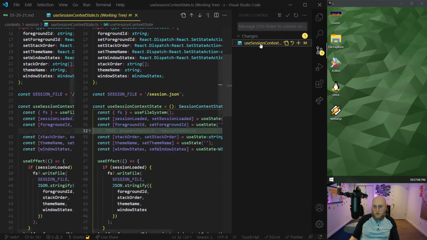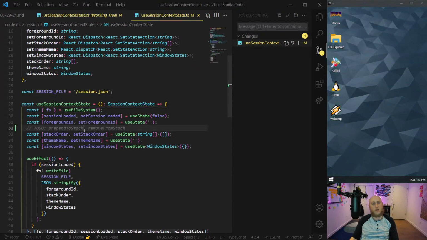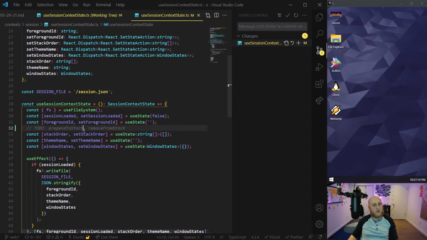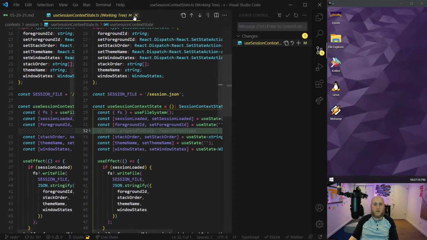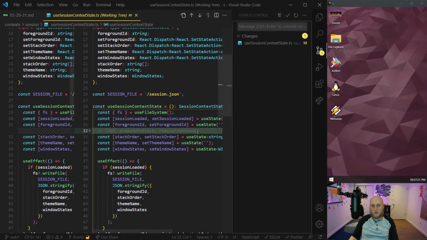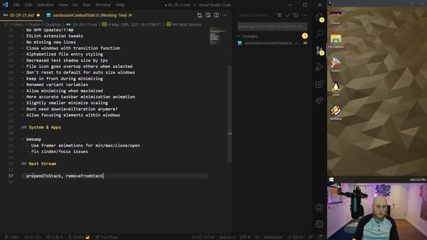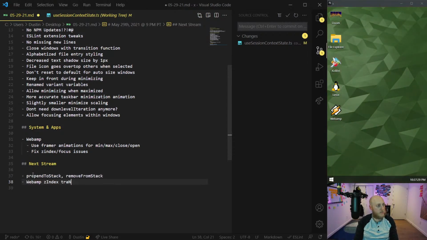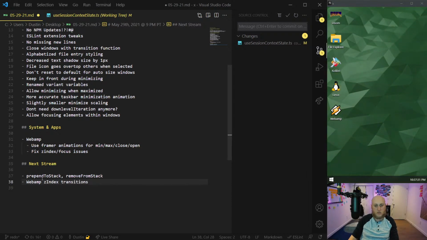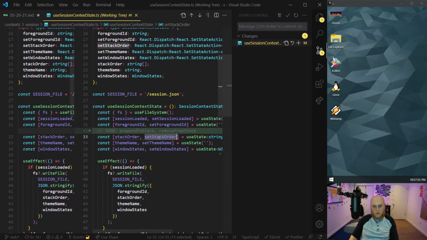Now, as far as this little one that I made the note on, maybe we could consider it. No, I think I'll do it another day because I haven't thought of the ideal way to do the refactor yet. And again, I don't want to waste your guys' time with humming and hawing about it forever. But I'm gonna mark this note. I'm just gonna put that note in my later ones here. I'm also gonna say the Webamp z-index transitions and, what was this?